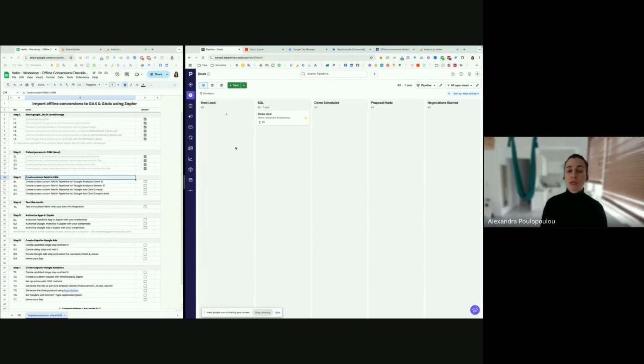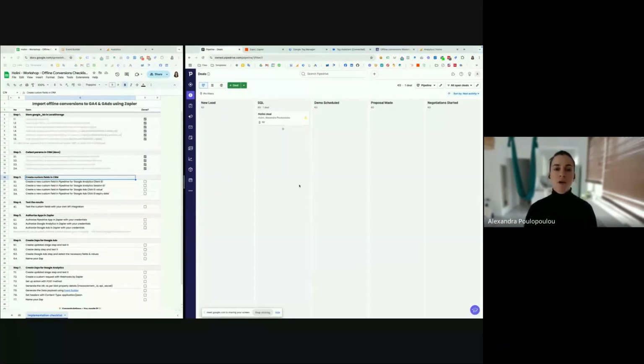What we need to do here is that we need to find a place in our deals to store this kind of values. I will show again how this works in Pipedrive. Maybe other CRMs have other procedures, but the logic remains the same.